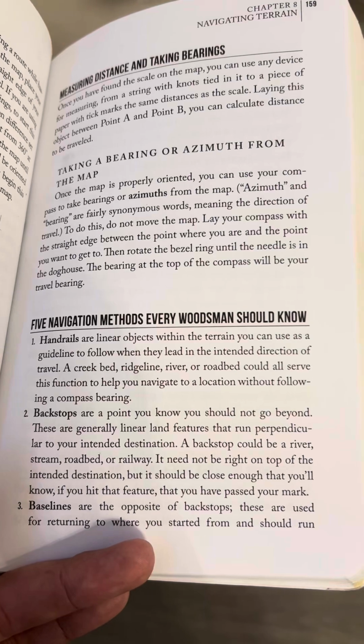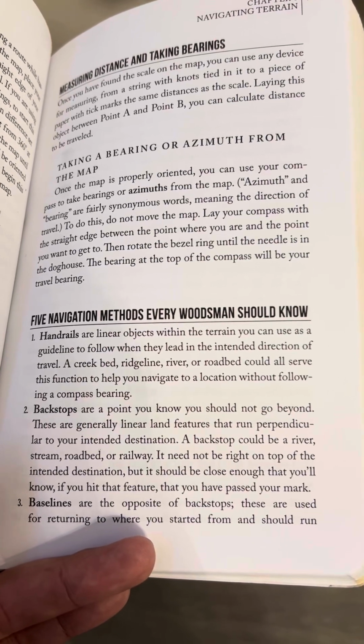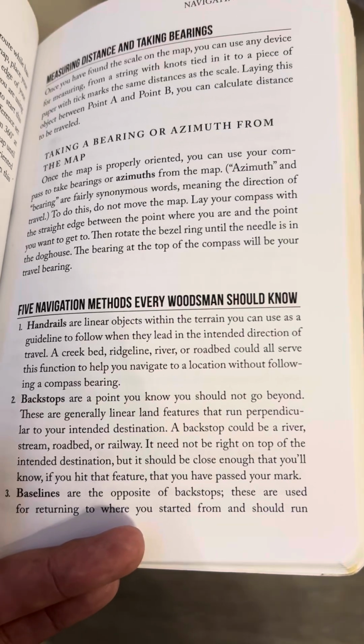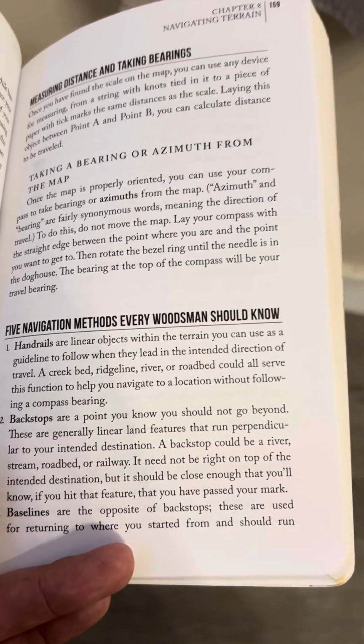Number 3, baselines. Baselines are the opposite of backstops. These are used for returning to where you started from and should run